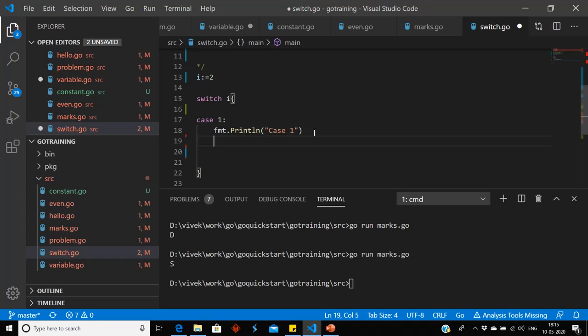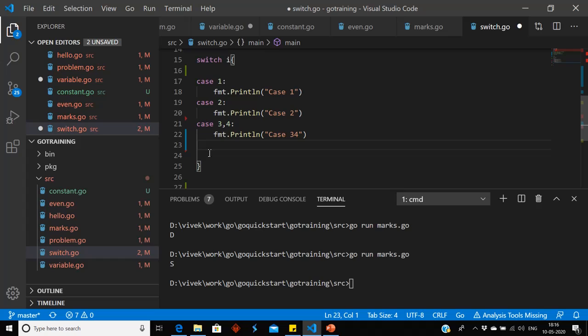First, I have written this and copied it, then pasted it to case 2. It will print case 2. We can write multiple cases comma separated, 3, 4. It will print case 3, 4.